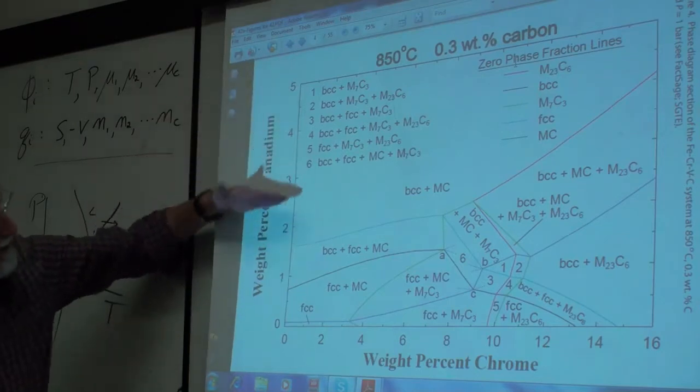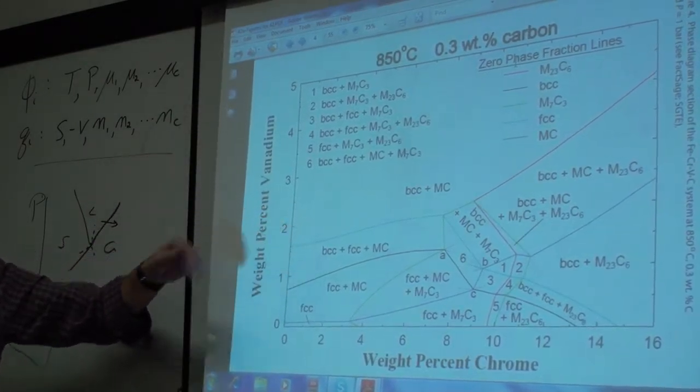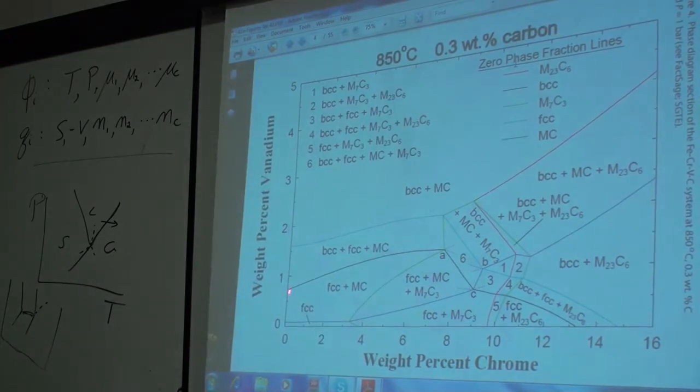I just make this up until I see something change, and then I go back and forth. Okay. And so I find the end of every zero phase fraction line as I go around the diagram. Then I take every zero phase fraction line and I move along it from one end to the other. So I've identified this end of the BCC phase fraction line, and I found this end over here as I